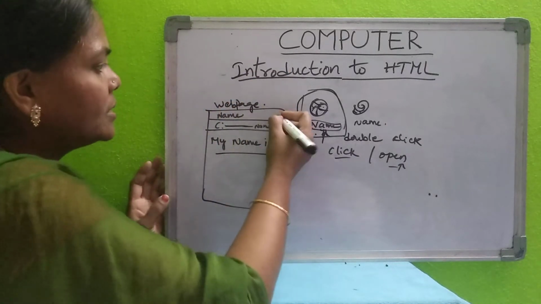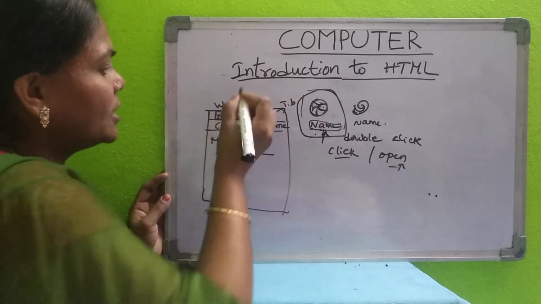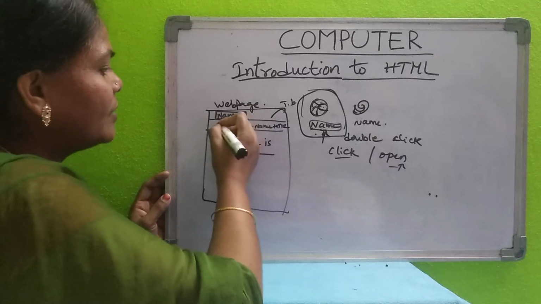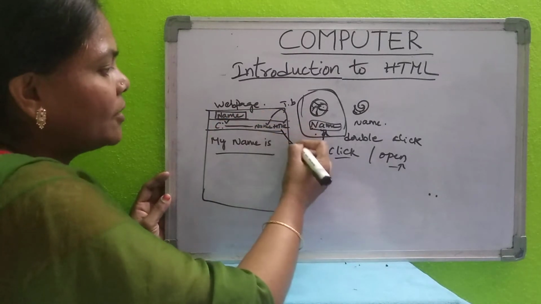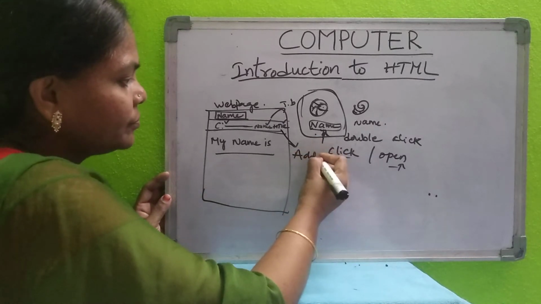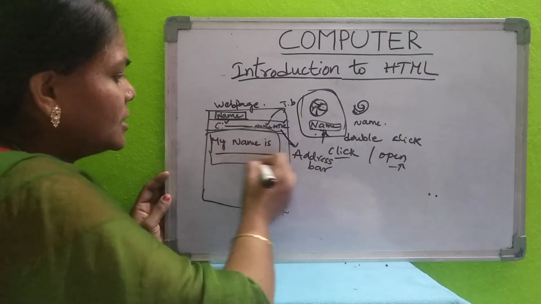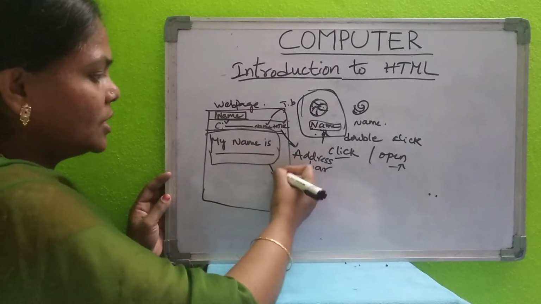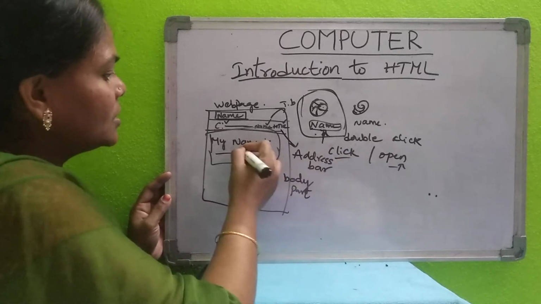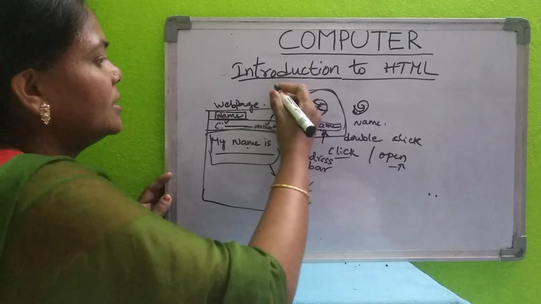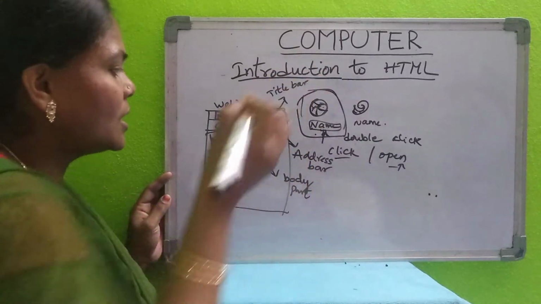On this web page, this is the title bar. Whatever you give in the title is displayed on the title bar, and where you have saved it with which file name and extension is displayed on the address bar. Whatever you write in the body part is displayed in the web page. So the title is displayed for the title bar. So like this you can view your web page.